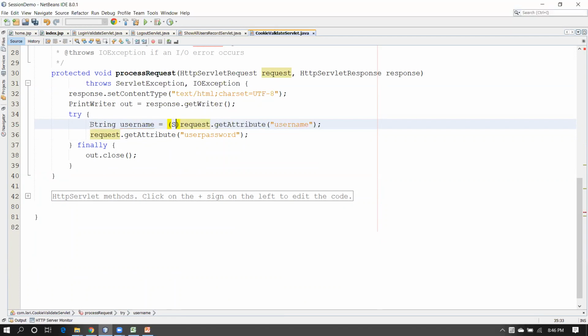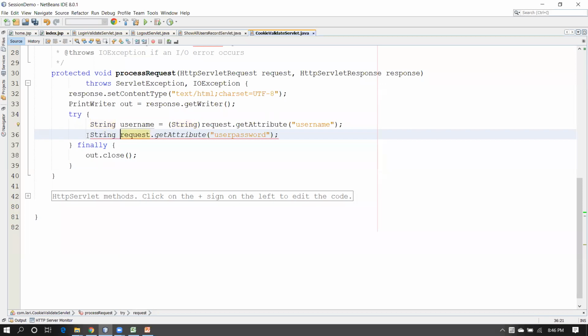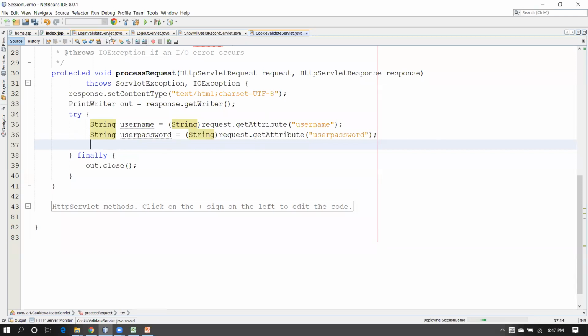Okay, and we'll perform the typecasting. A string user password, and again, since an object is returned, we'll convert it. So now we have the string username and the password which is coming from the user request, which is available in your cookie. Now we perform the validation, and to validate this